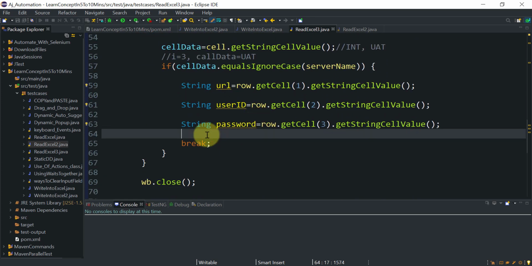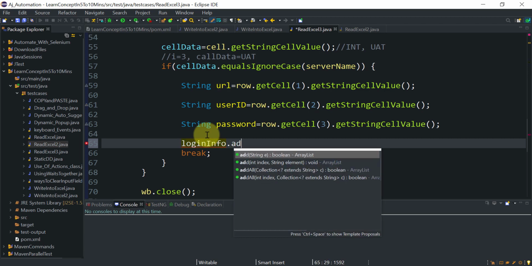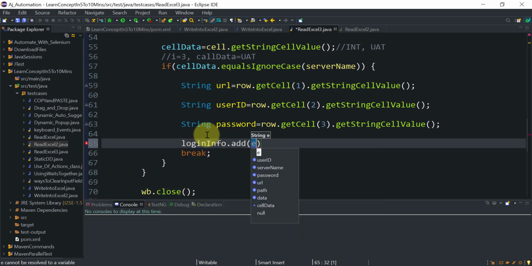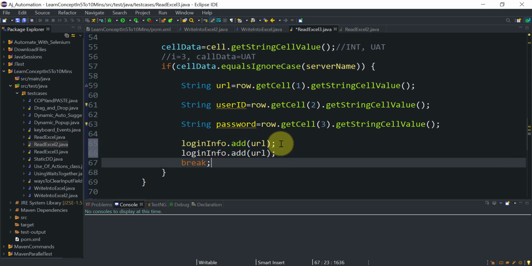So here we got all the values, so here I will use loginInfo dot add, the method to add values in an array list. I will save the URL, then similarly I will store the user ID and password.